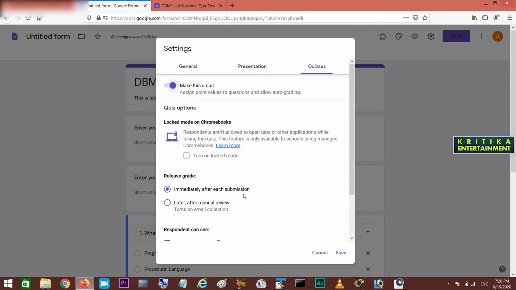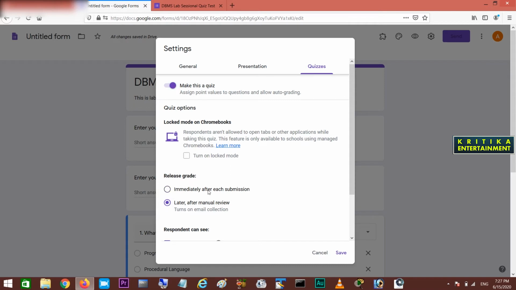That means after completing the test, the student can directly view the summary of the exam or the questions you have written. These things can be displayed, but I don't want this. I want to tell the student their marks later, so this will be selected.